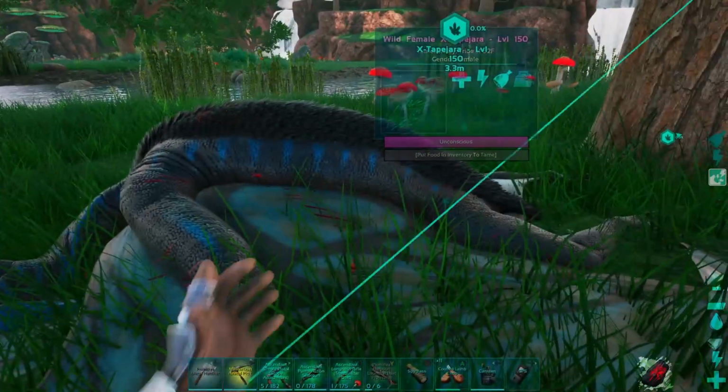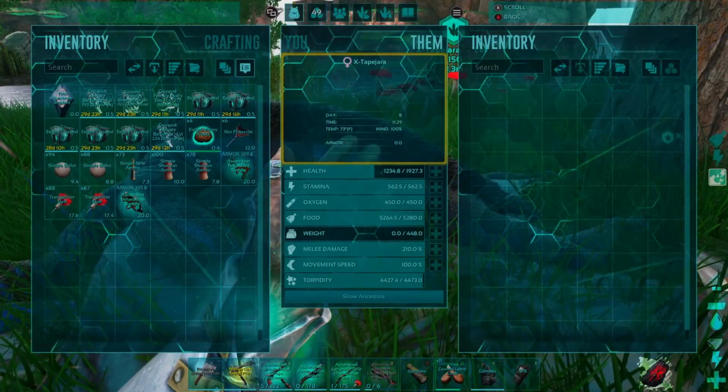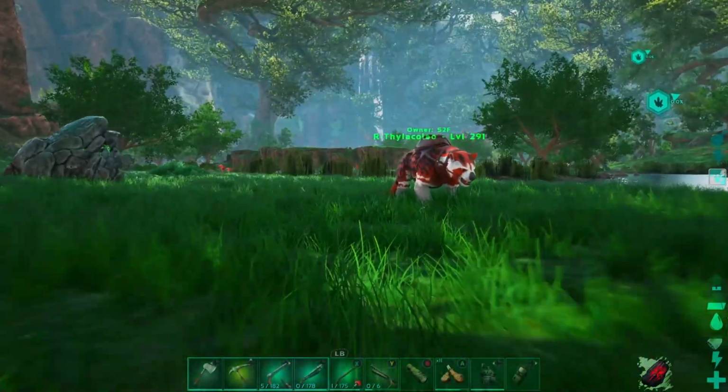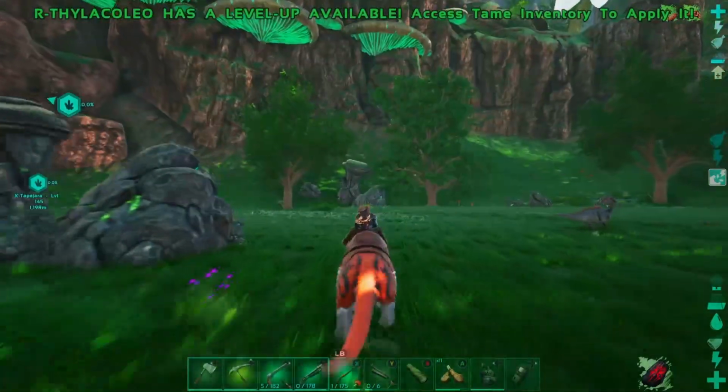So, I really like the colors on this one, too. 1927 right away. Wow, that's actually pretty good. 562 in stam, 448 weight, and 210 melee. Of course, we'll check out, and we'll go into a little more detail once we get these guys fully up